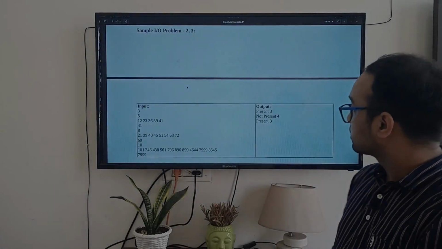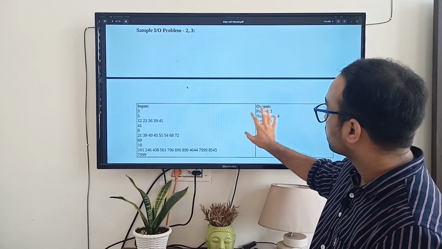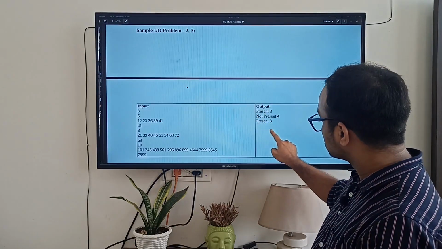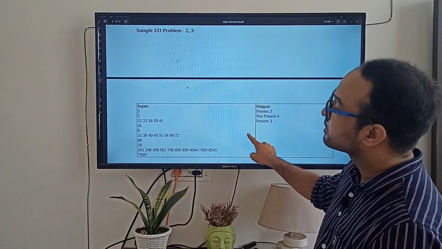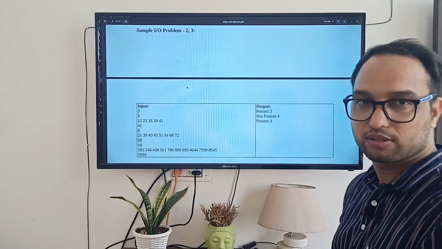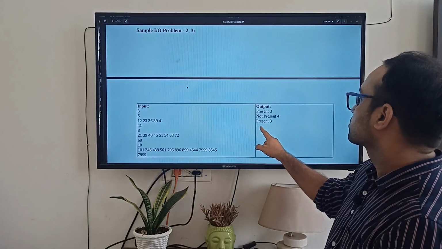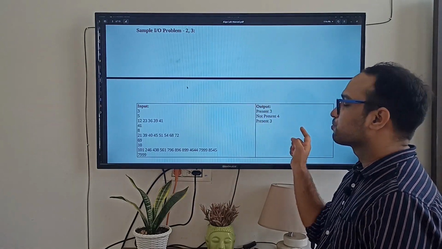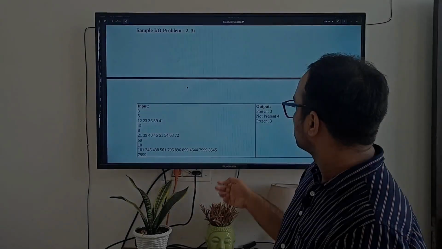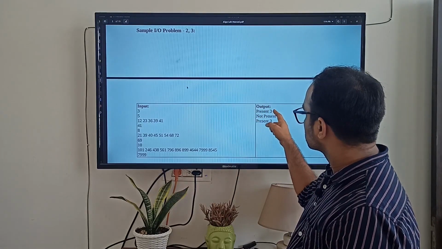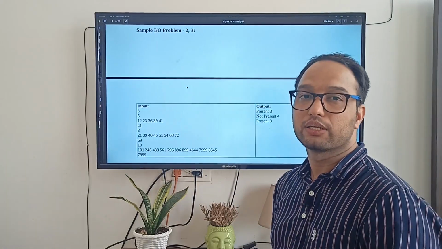You have to tell me whether this input and output format, or these outputs, are for binary search or for jump search, right? Because it can't be the same for both of them, right? So first you have to tell me whether this is for binary search or for jump search.